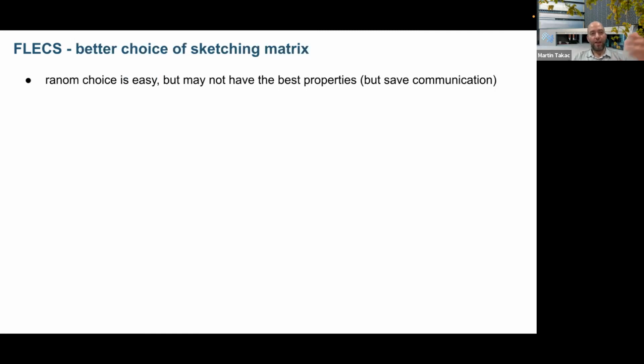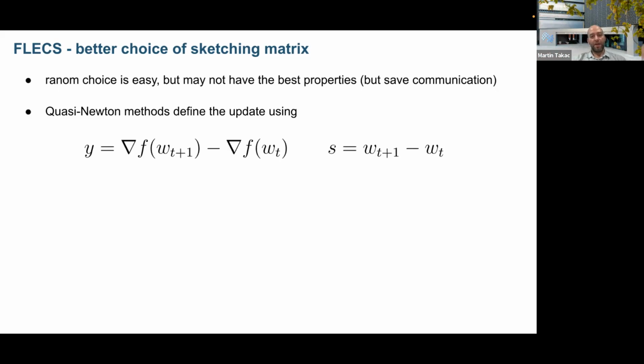Also, I promised to mention whether choosing S randomly is good or not. Again, it's good because you can compute this S on the devices and on the server perfectly with random seeds, so you don't need to communicate anything about S. But it's not really perfect. In classical quasi-Newton methods, let's say SR1 or BFGS, they choose S to be the difference of the points, and they choose Y to be the difference of the gradients, okay? Why? Because if S is small in magnitude, then Y will be nothing else but Hessian times S.